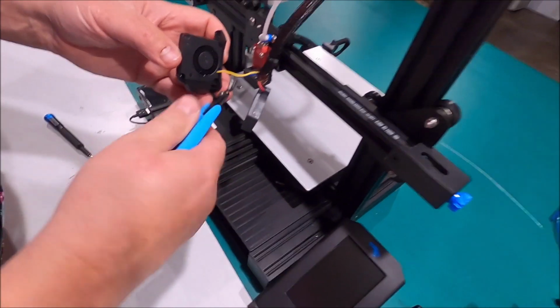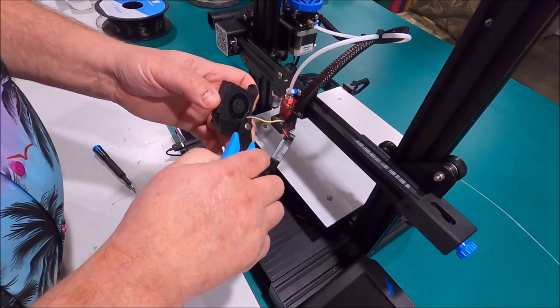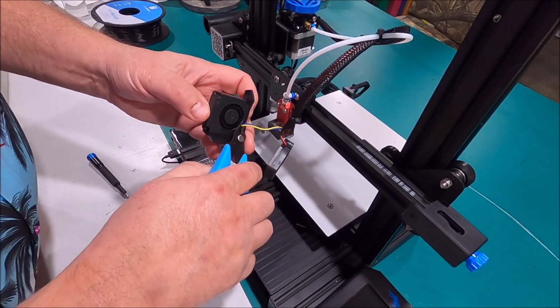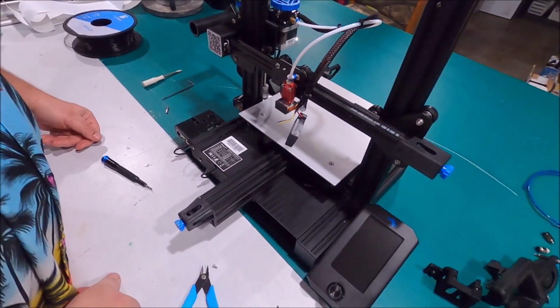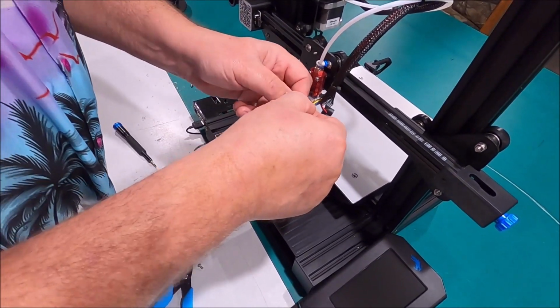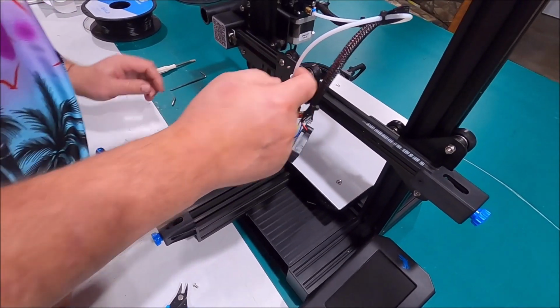Oh, this hurts me so bad. I'm going to cut wires. Which one? Don't cut the blue wire. Oh, boom. We just blew up. Oh, this saddens me. This saddens me so much. I'm cutting wires on my brand new printer. All right. It's all in the name of